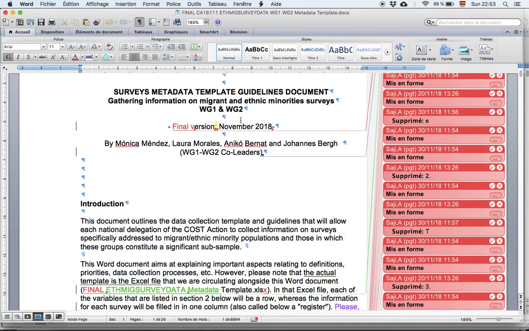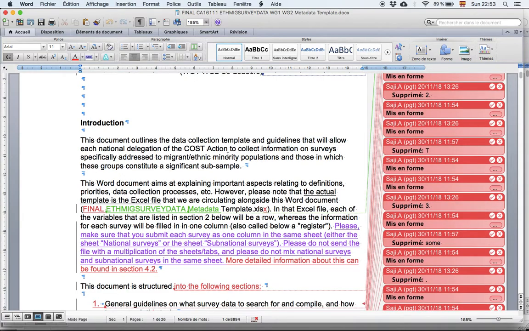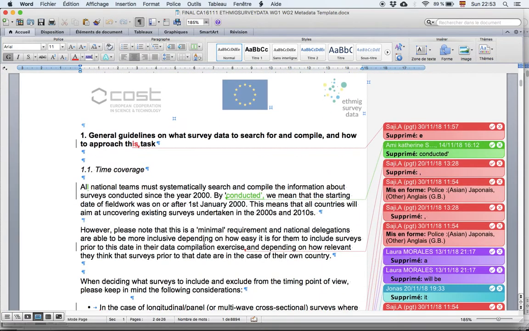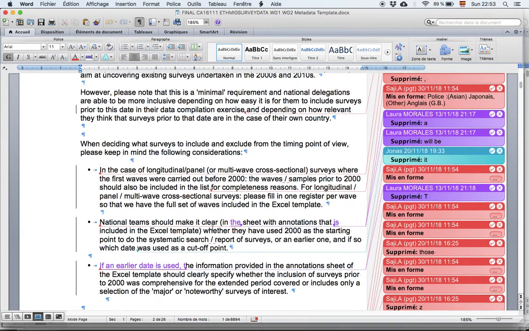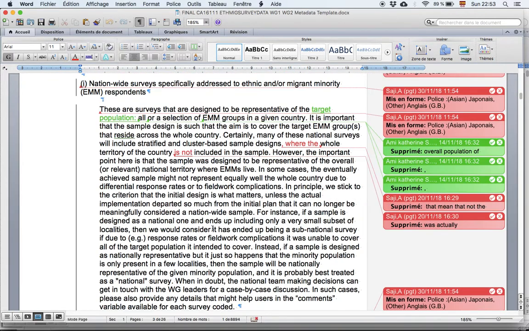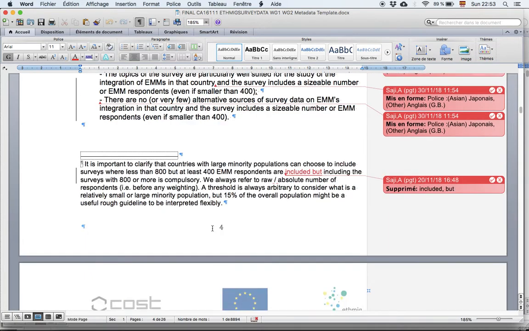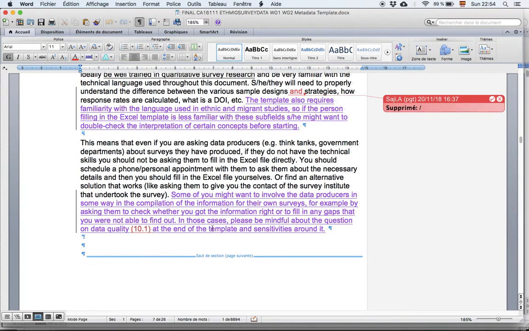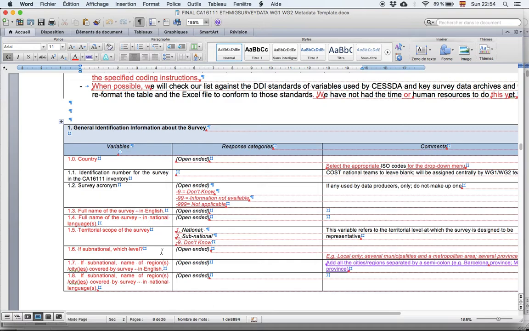These markings are only useful in order to let you know where we have added some information, or modified any aspect relating to the explanations, and particularly when you go through the whole document to the table where we are actually describing the variables that we need to collect in the metadata template, which is this table that you can see here. You can see all of the additions that we've made to codes, for example, a systematization of the don't know, information not available, or not applicable codes,